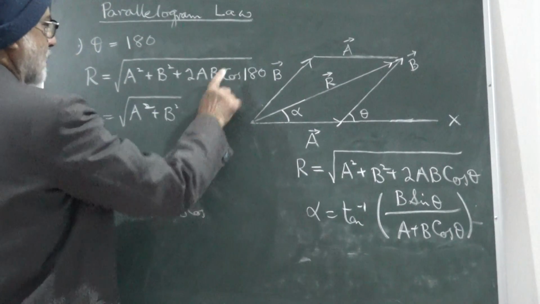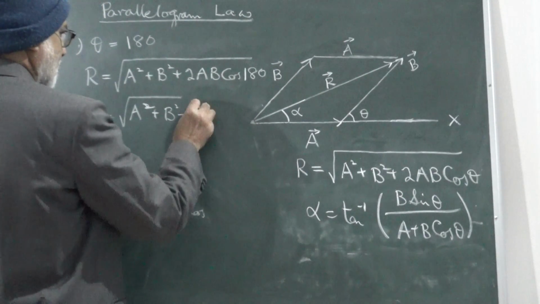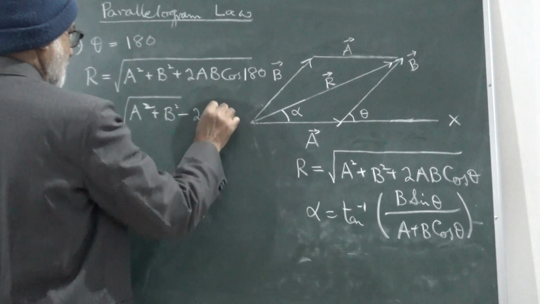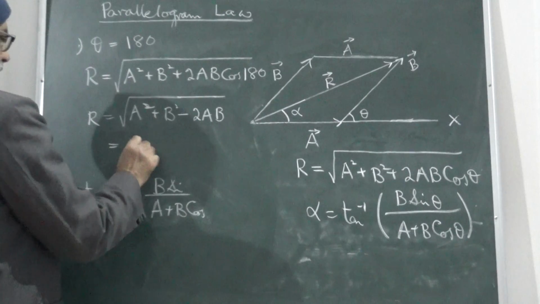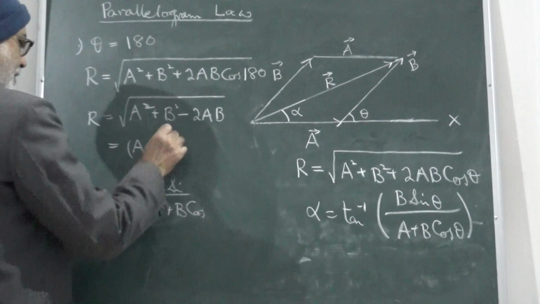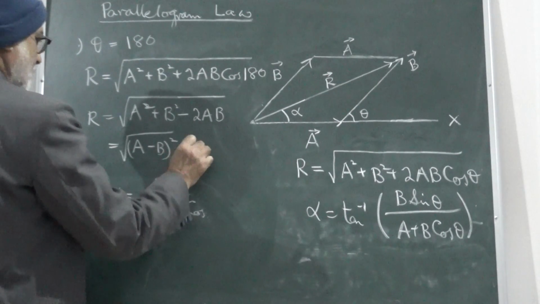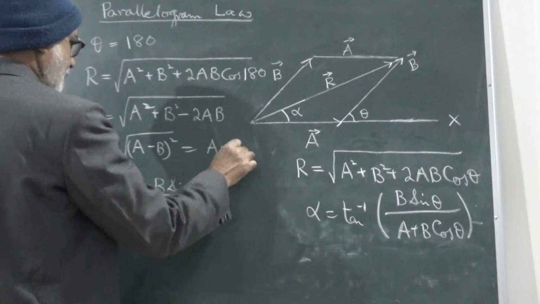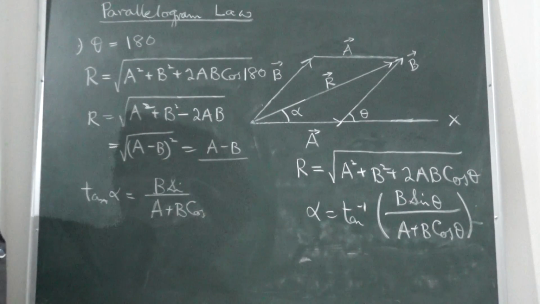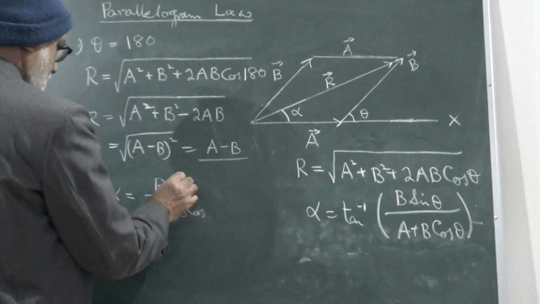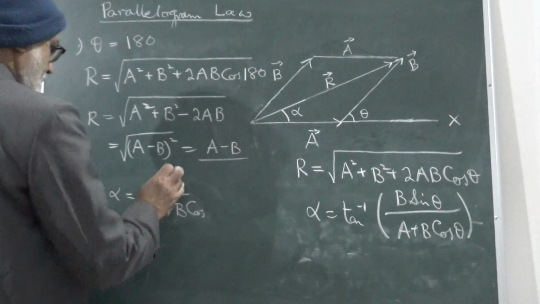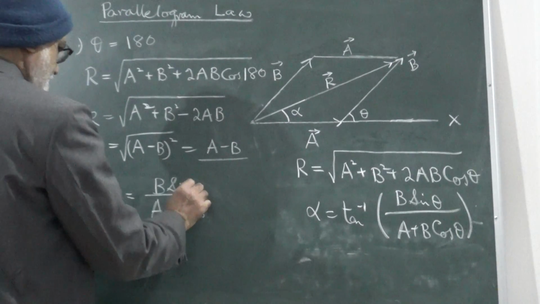And cos 180 is minus 1. So it is equal to minus 2ab, which is a minus b whole square under root, which is a minus b. So the magnitude of the resultant is given by a minus b, or say b minus a, both. Correct. So it is